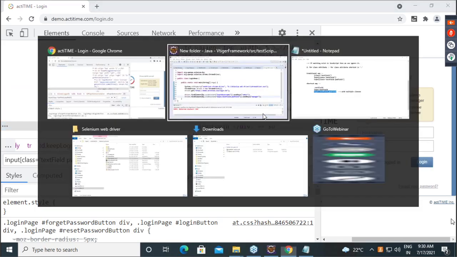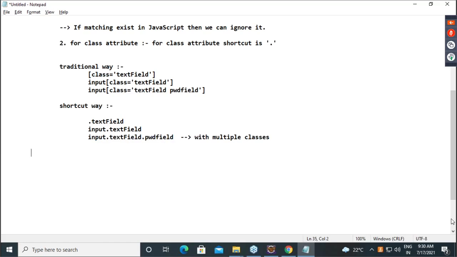So what will be my CSS selector? Here I will give CSS with a combination of ID and class. So what will be the CSS? A, go for hash login button dot initial.